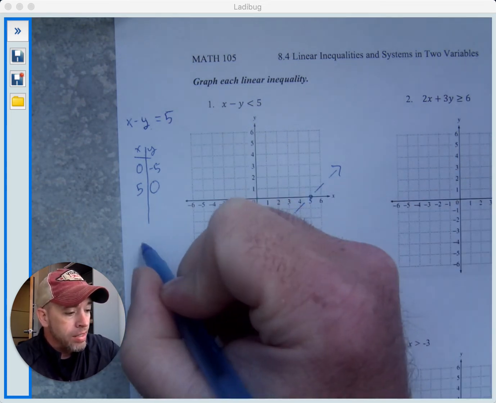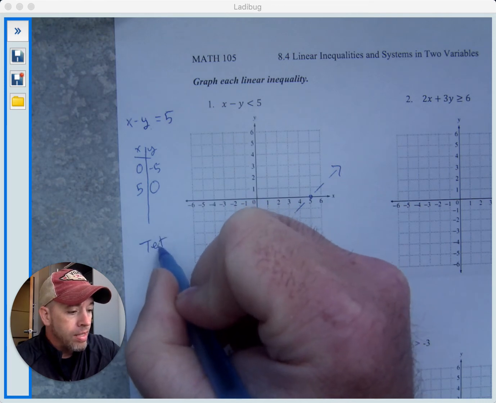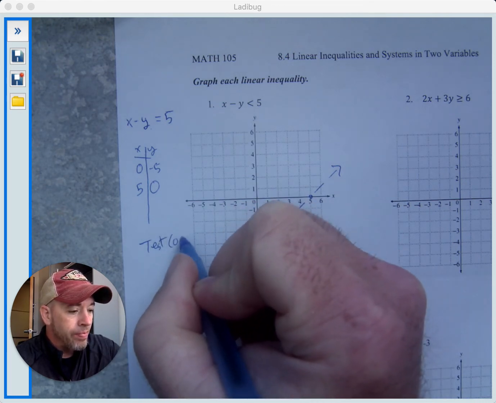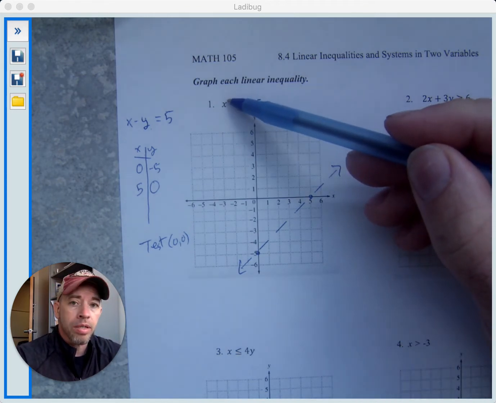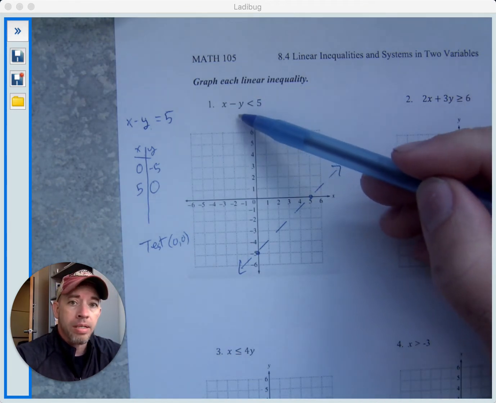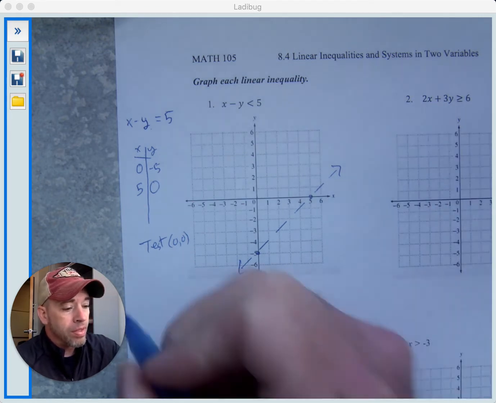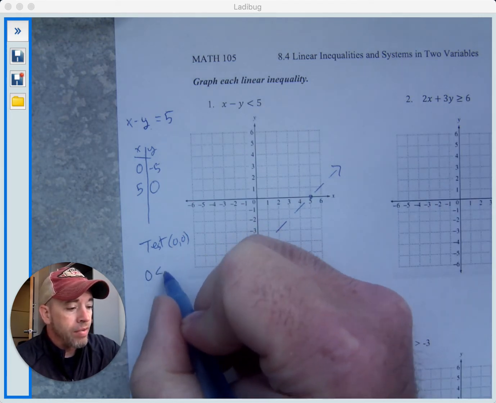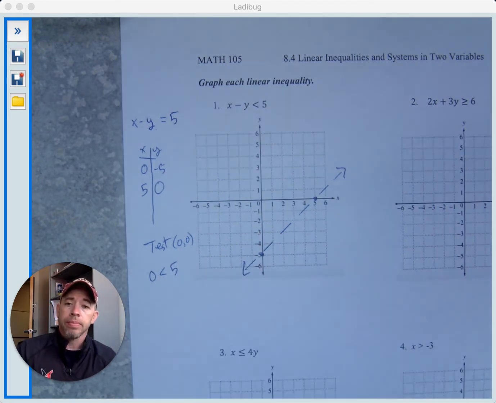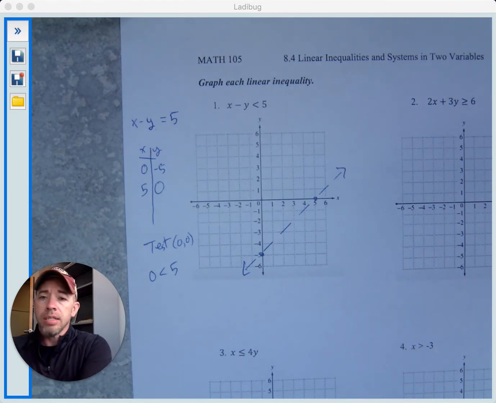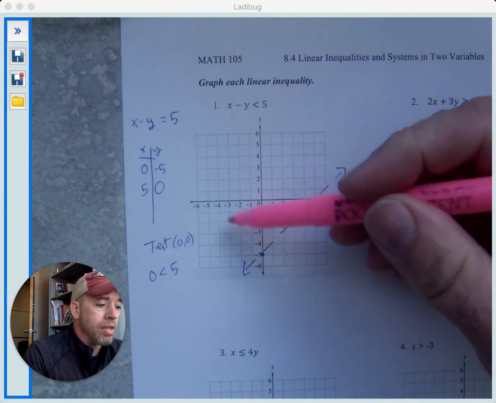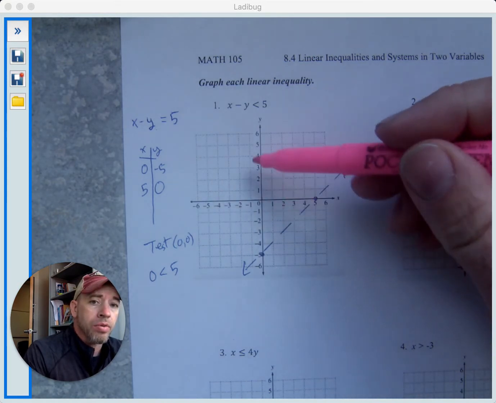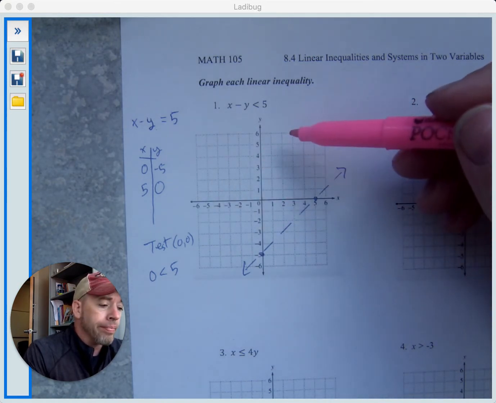I'm going to test the point 0, 0. Okay? So I test 0, 0. I plug it into the original inequality. I get 0 minus 0 is less than 5. So 0 is less than 5. Is that true? It is true, right? 0 is less than 5. And so since that works, I'm going to shade everything on this side towards 0, 0, okay, of my boundary